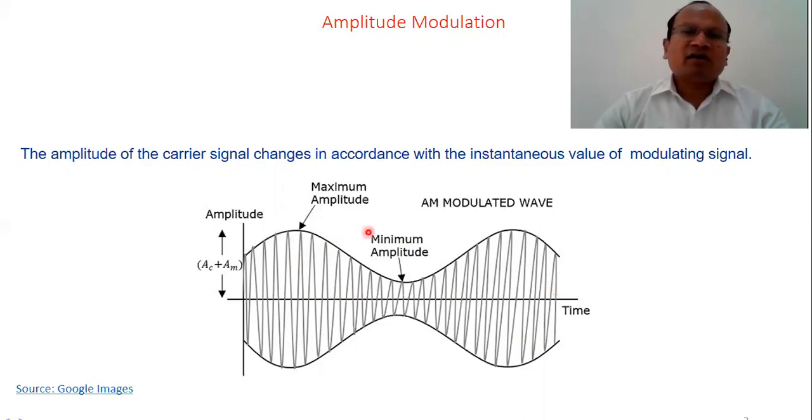See the waveform, this signal is an AM signal, an amplitude modulated signal, which is actually an altered carrier signal. A carrier whose frequency remains the same, but its amplitude has changed. Look at the cursor pointer, its amplitude has changed, and the change has been proportional to the instantaneous value of the message signal, that is, the instantaneous value of the modulating signal.